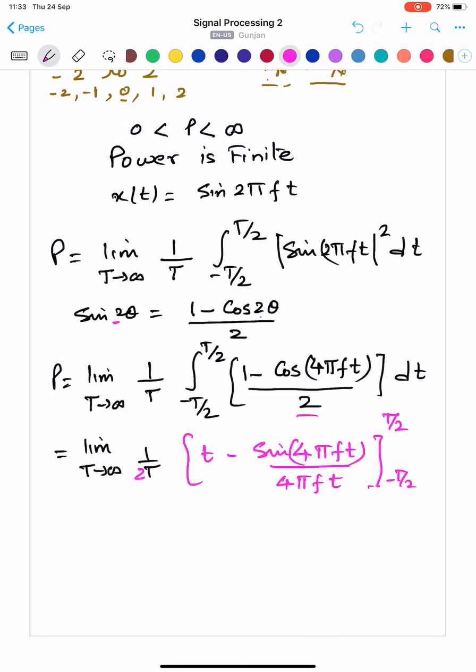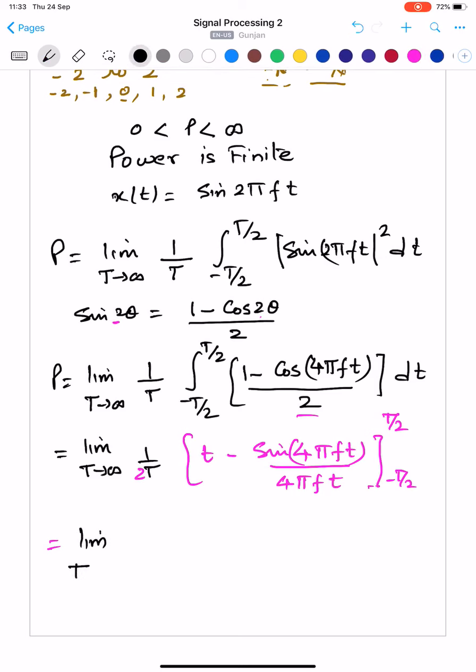So when you put the limits of integration, it will be limit T tends to infinity, 1 upon 2T, put the upper limit and lower limit, so it will be T/2 minus, and then minus, when you put here the lower limit,